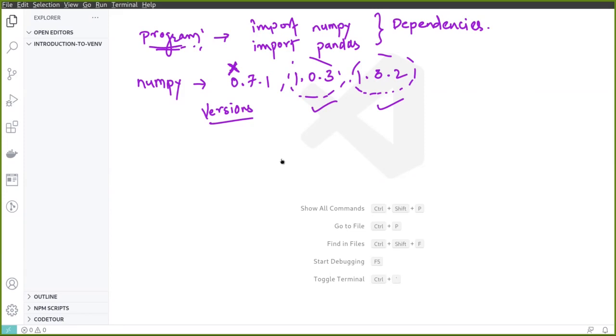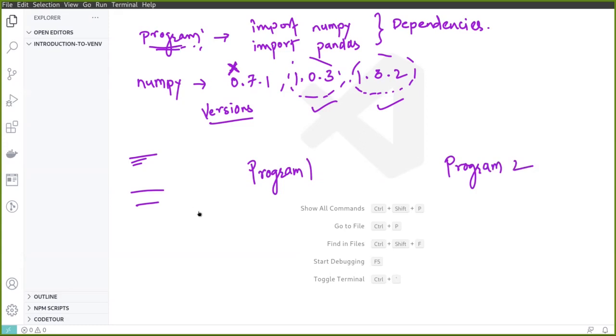Now, when we do not use any kind of virtual environment, that means that all the packages are installed globally. So there is one folder wherein all the packages such as NumPy, Pandas, and all those packages are installed and stored. But now understand that you have two programs. Let us call them program 1 and program 2.